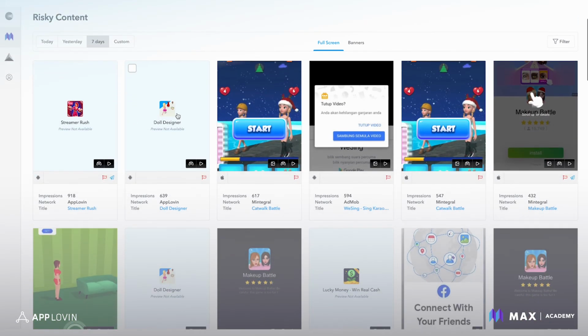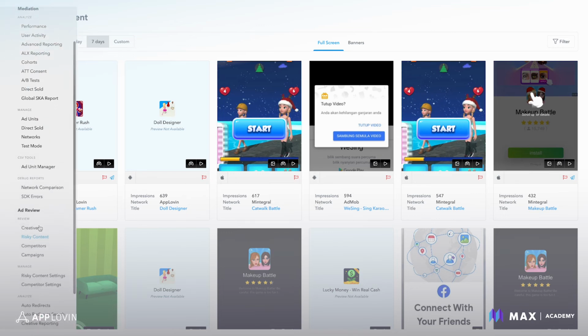So within this risky content section, we can see this particular ad was rated Risky 15. So this is just the name of the rule that you've set for yourself. Risky 15 in this case is what this demo account is flagging. But whatever you name the rule, you can see it here.